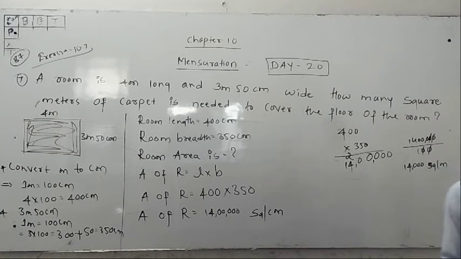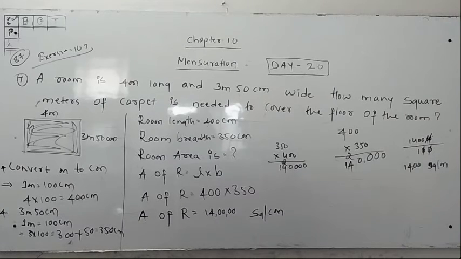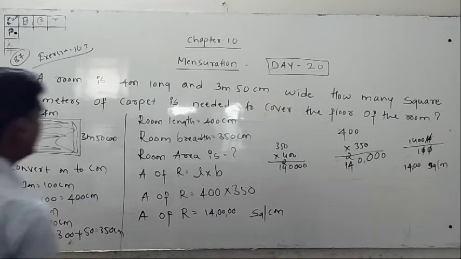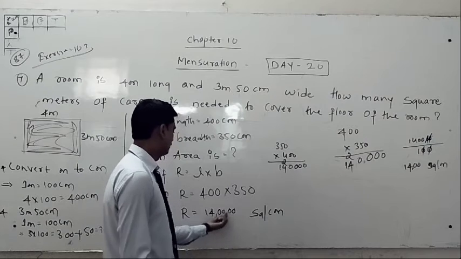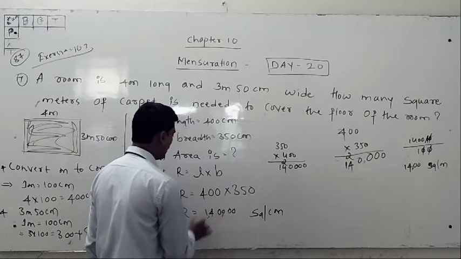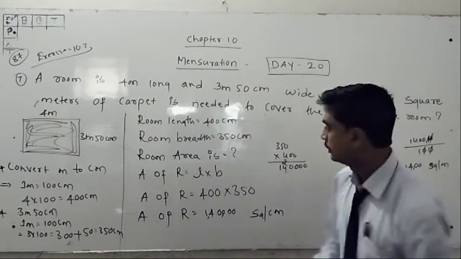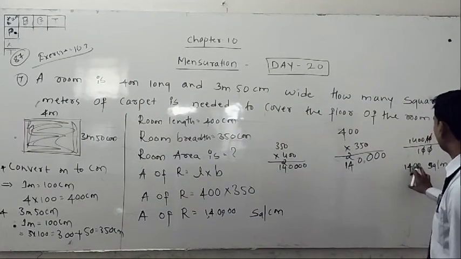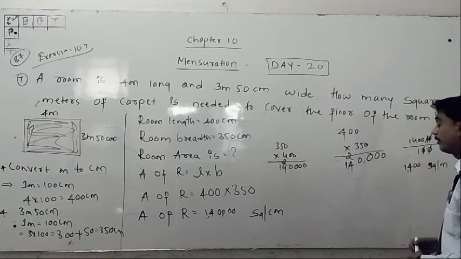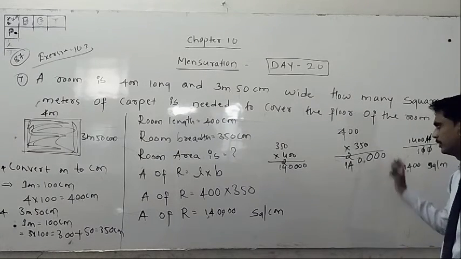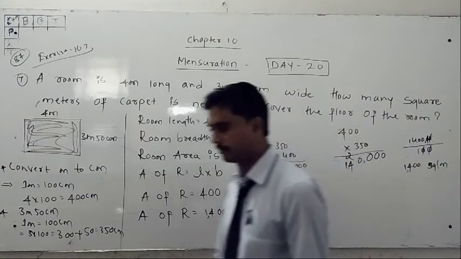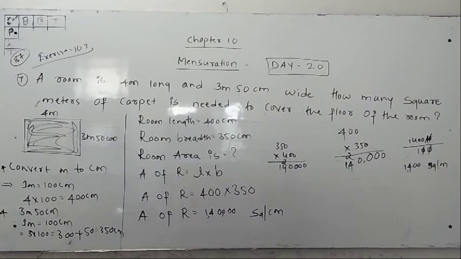Okay, write down this one. That is not 14 lakh, that is 1,40,000 square centimeter. 1,40,000 square centimeter, and 1,400 square meter, that is. I had 1 0 extra, sorry. Okay, write down this one. Clearly all of you write that. Afterwards you have to write in your fair book. Okay.